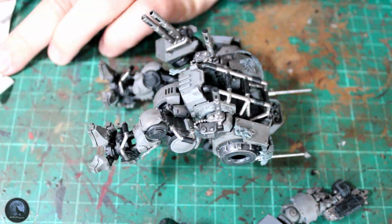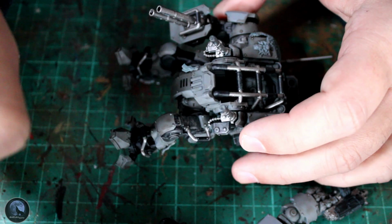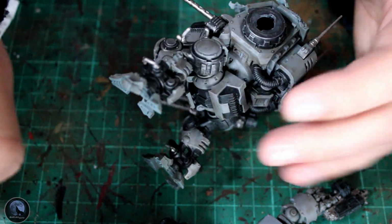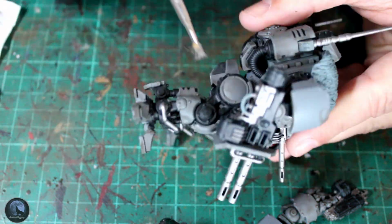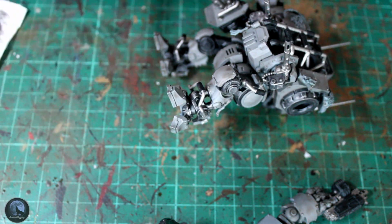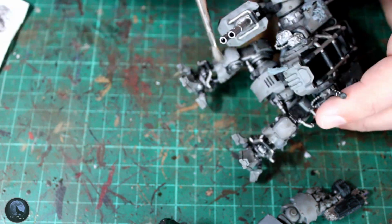So all around the mechanical leg parts, all those areas I'm dry brushing. Now you could just paint these silver and then put a Nuln Oil over the top of them, which would work. However, I wanted a different look from the barrels to the actual mechanics of the actual walker. So he's sort of got one style for the weapons, one style for all the mechanical parts of the actual